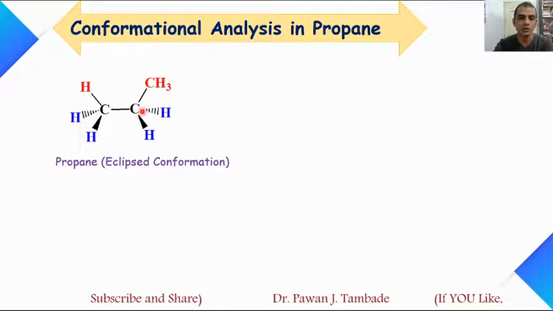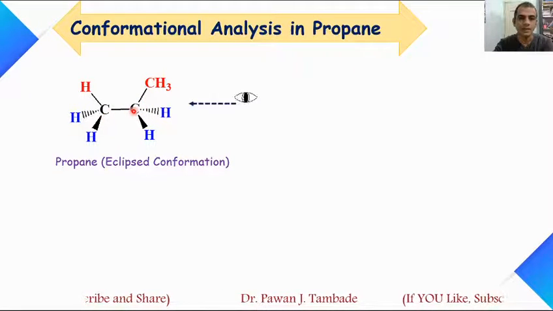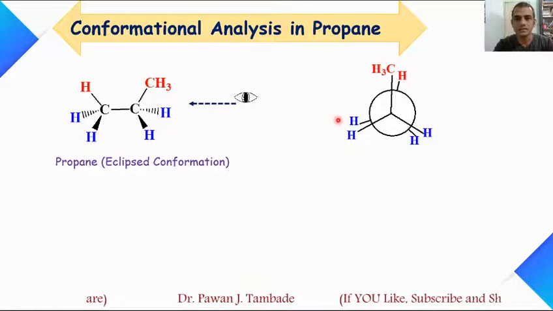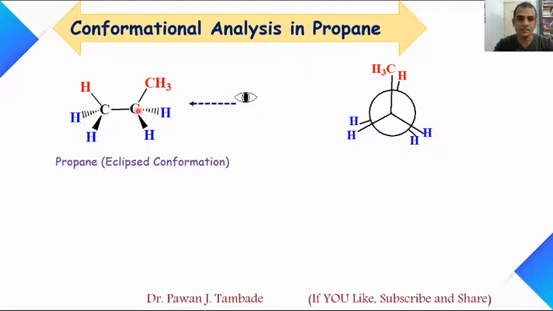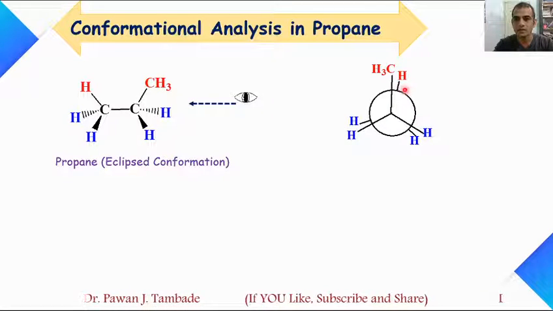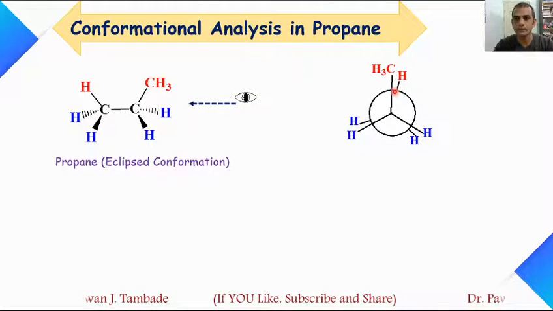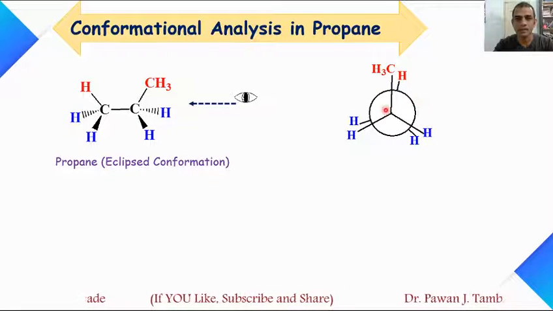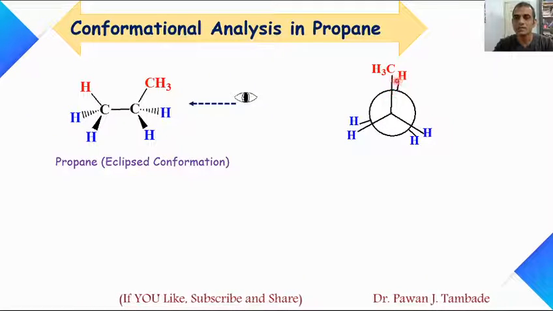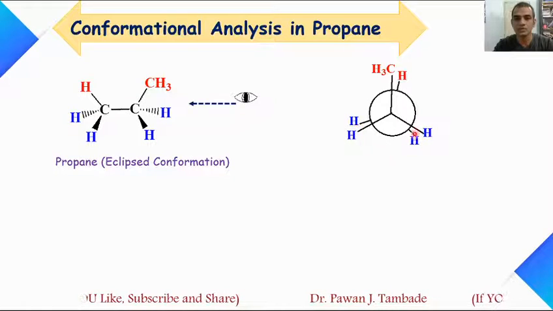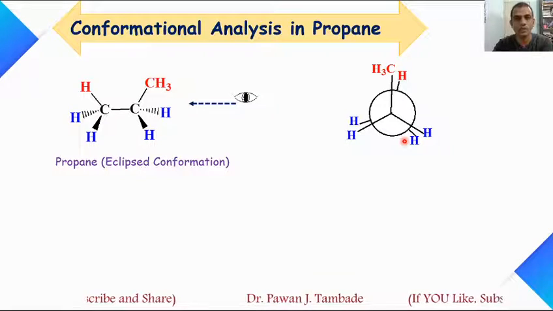So this is the same structure, that is the eclipsed conformation of propane. If you look at this molecule across this carbon-carbon single bond, then it will look something like this. This is the front carbon atom, on which CH3, hydrogen and hydrogen are attached, and this circle is the back carbon atom, and you can see 3 hydrogen atoms on this back carbon atom. In this structure, the CH3 and hydrogen are eclipsed on each other. In the same way, hydrogens and hydrogens are eclipsed on each other. So this is the eclipsed conformation of propane in Newman projection formula.